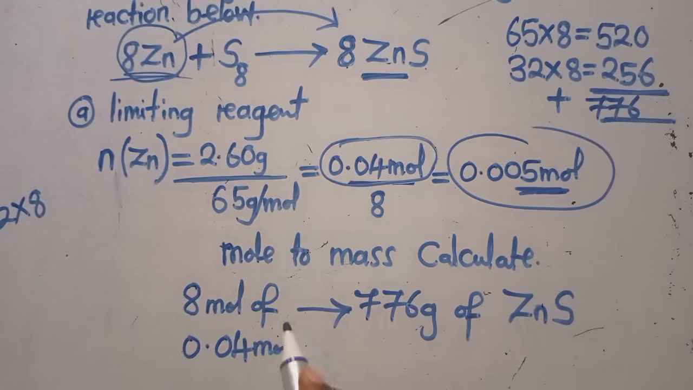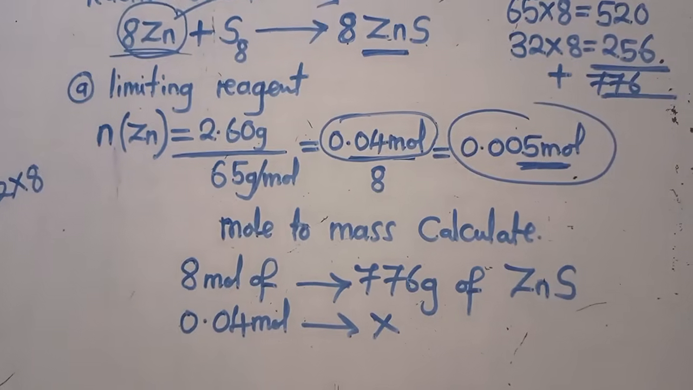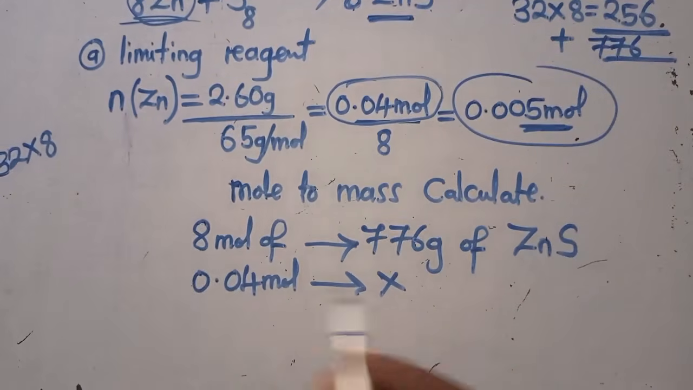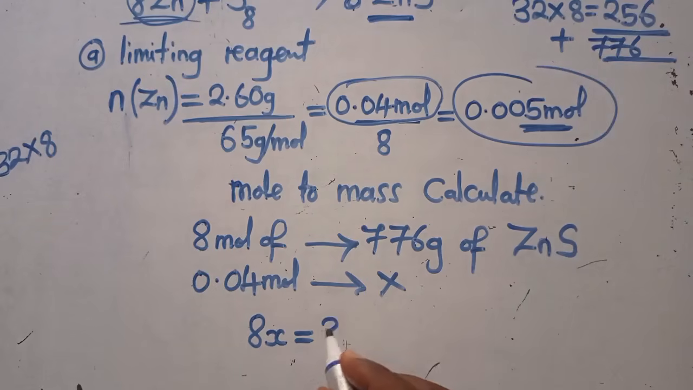0.04 moles. I equate to what now? X. I need to find the value of x. Then I'm done. So this is how we need to answer. X times 8, it is 8x, which is equal to. Then I multiply there. So 776 times 0.04. What is the answer? The answer is